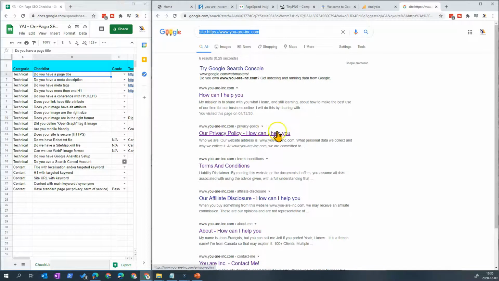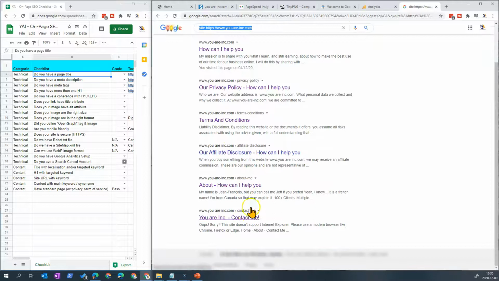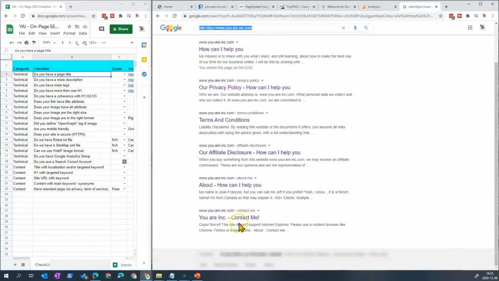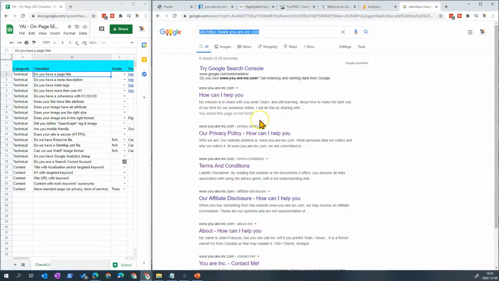So I will have to fix this here. You see your terms and conditions show like this, but without the "how can I help you" here. So this is how Google sees me actually. We will try to fix all this, because when you do titles for your pages and meta tag descriptions, you suggest content to Google, so you are more in control of what you are giving to Google to show up for you.